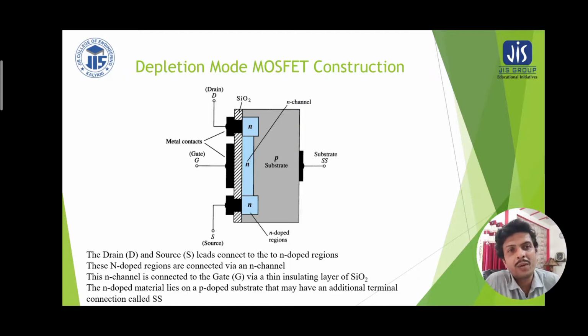More and more positive ions, that is donor ions, will be attracted towards the gate terminal, but they cannot penetrate the silica layer. That is, the insulation layer will not be penetrated, but they will be induced. That is, plus ions, bulky donor ions, will gather at the top surface of the channel nearer the gate terminal. This will increase the width of the depletion region, and therefore the effective width of the channel will be reduced gradually.